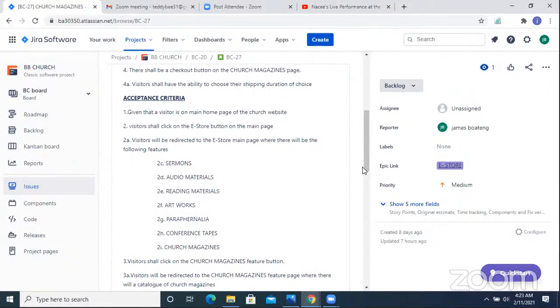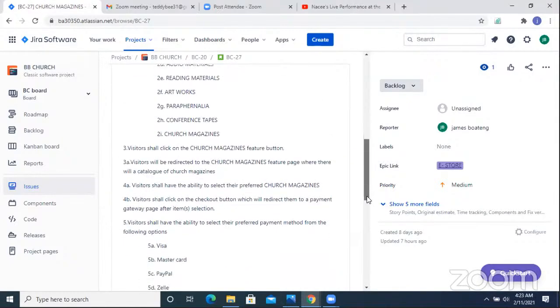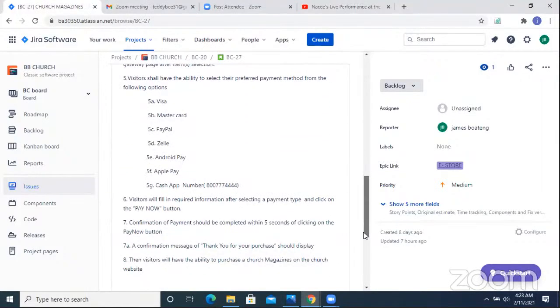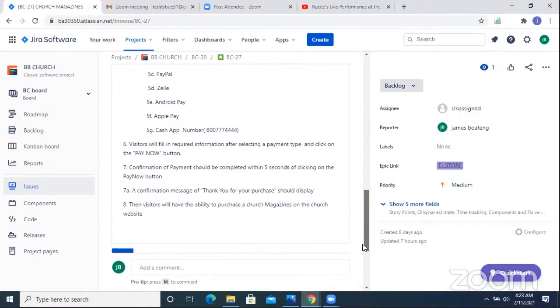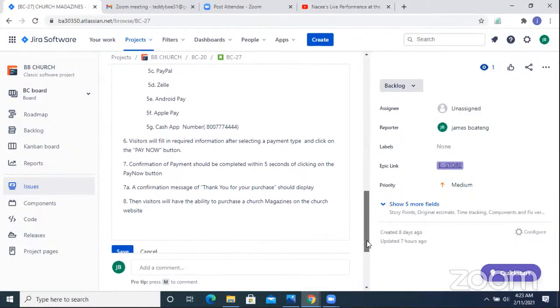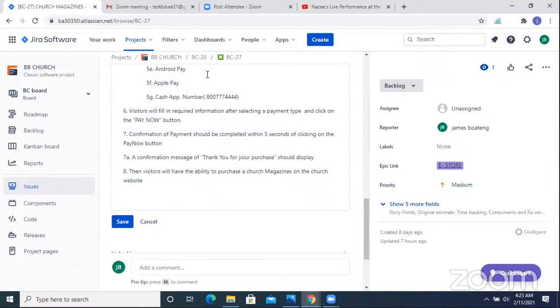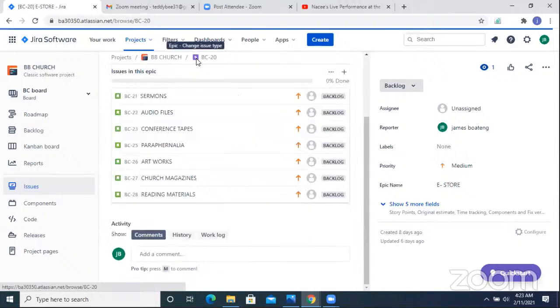Acceptance criteria: given that a visitor is on the main page of the church website, the visitor shall click on the e-store button on the main page. They will be redirected to the e-store main page where there will be the following features. So it's somewhat run through the same way, the procedure. I would like to move to